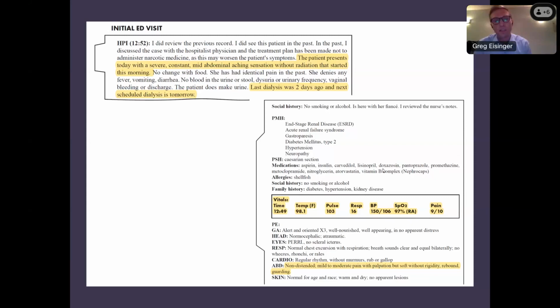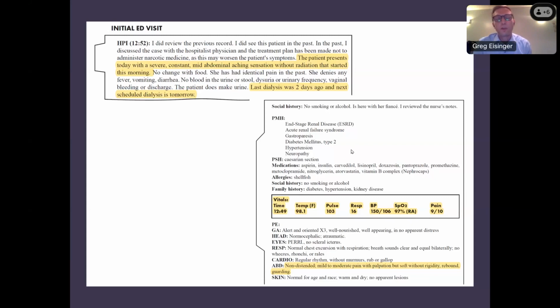We're going to grab a CBC to look for, has the patient become anemic? Does the patient have a leukocytosis to suggest an infectious process? We're going to grab that chemistry too. Obviously, we don't care a whole lot about what the creatinine says on there, but what is the potassium? What is the bicarbonate? What is the BUN compared to her baseline? What's her glucose? Those kinds of things.